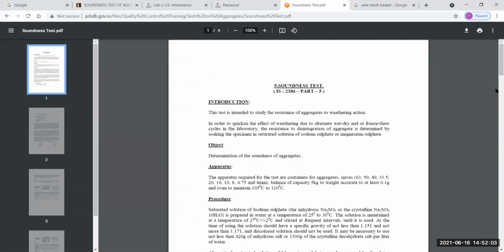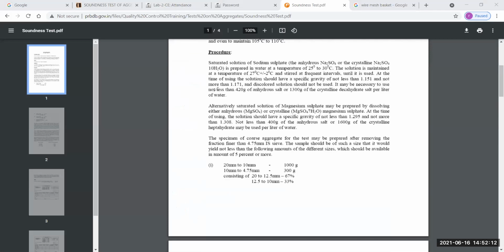Next one is your procedure. So just see carefully what the different procedure is, or how the test is performed. Saturated solutions of,